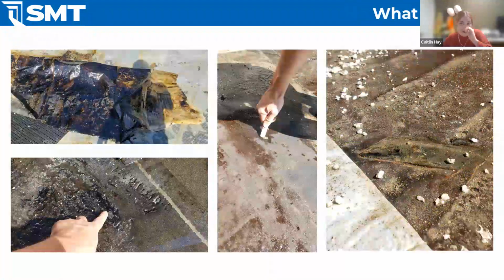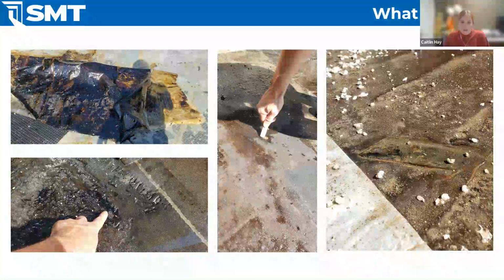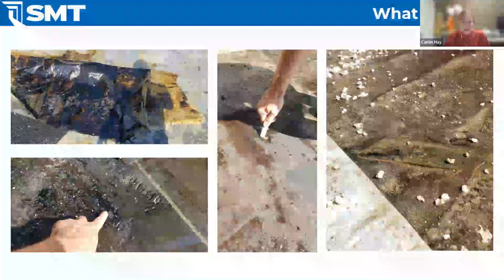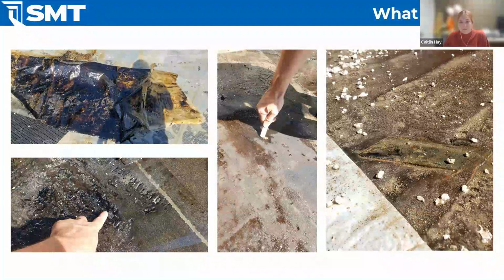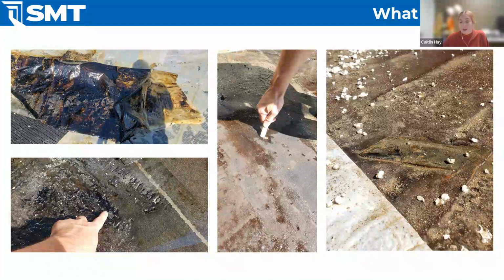Before I get into how we monitor, we're just going to talk a little bit about what we see on site and how we get to the point of a leaking roof. We see a lot of types of roofs as they're being built. One of the many reasons they start leaking is damage to the membrane from construction. The unavoidable problem is that with any project, parts of the building are being built while other parts are unfinished. So when roofers go in and build the roof,